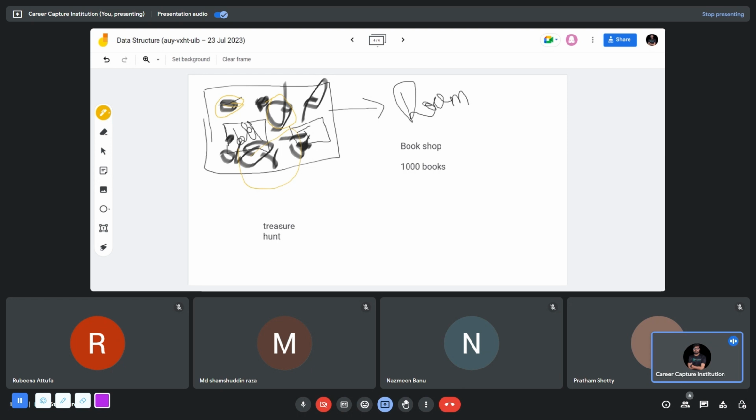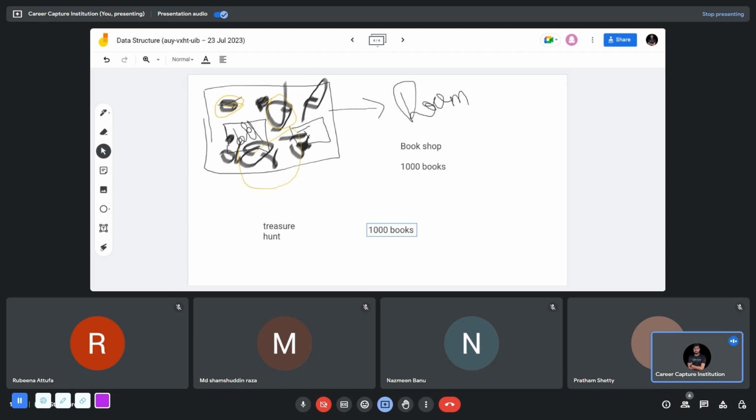Okay. In the third scenario, let's see. Suppose after some other days, I go to a bookshop and I find out there are another 1,000 books that I really like. Now it will be very difficult for me to bring all these 1,000 books to my room, because my books are already misplaced. There are already 100 books lying under there. If I take these extra books and place them in my room,